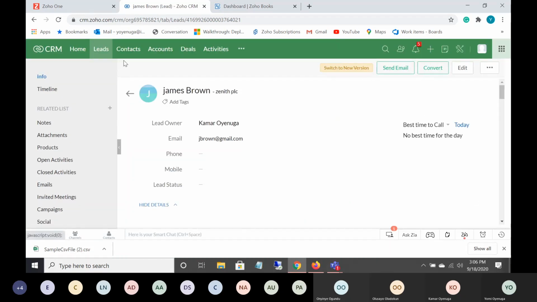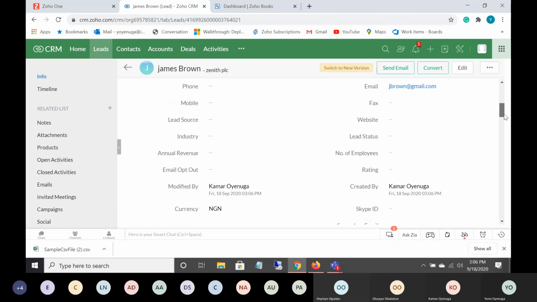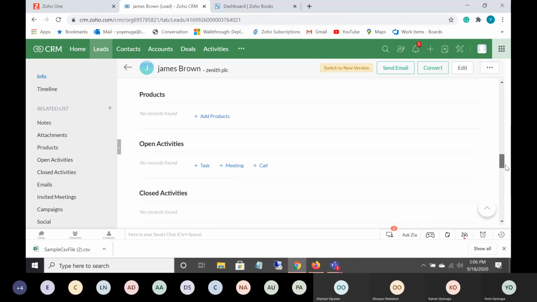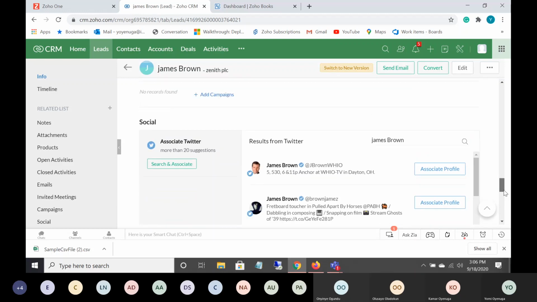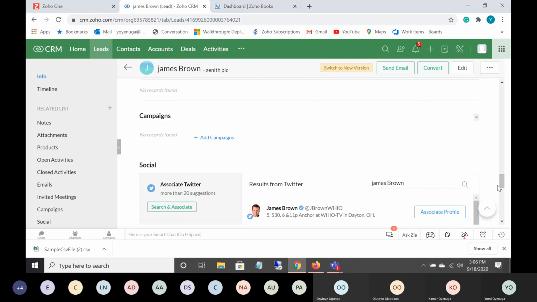So now this is how it looks when we actually click on a particular lead. It shows us everything, all the interactions we've had with that lead within our CRM. Because this one is a new one, there's basically nothing going on here, so we're not going to see anything associated with this. It just shows us everything